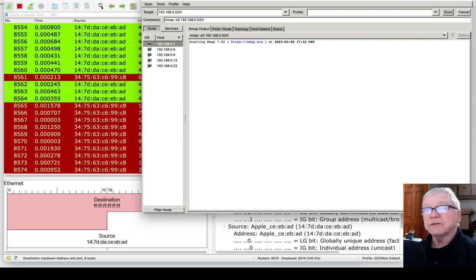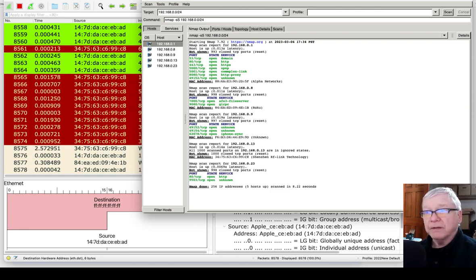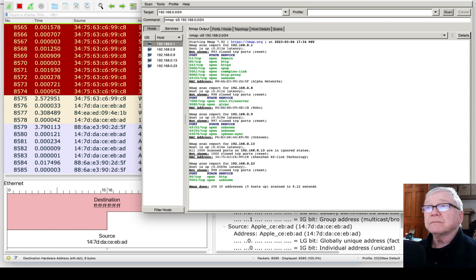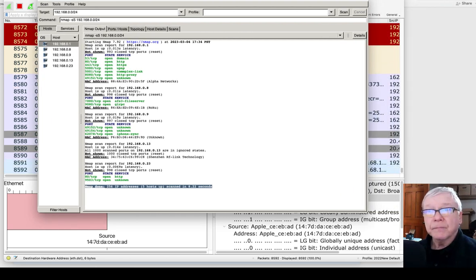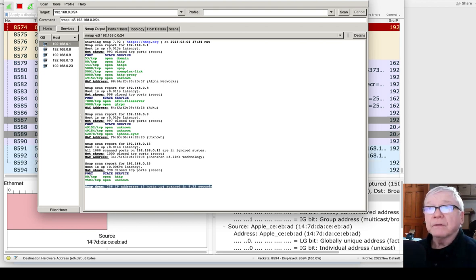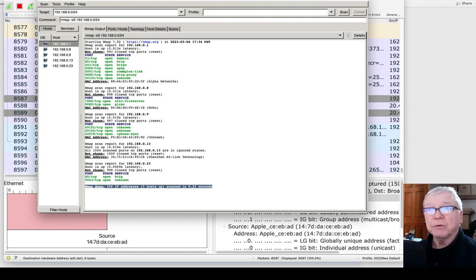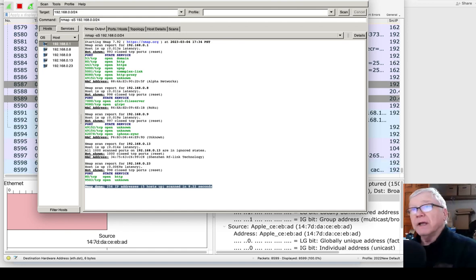Got a lot of packets happening. The scan is done. Nmap reports 5 hosts were up. And on this one, the .1, these are the ports that were open: 53, 80, 443, 5000, 5001, 8080, the alternate HTTP.